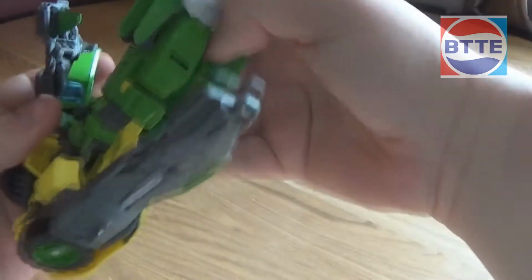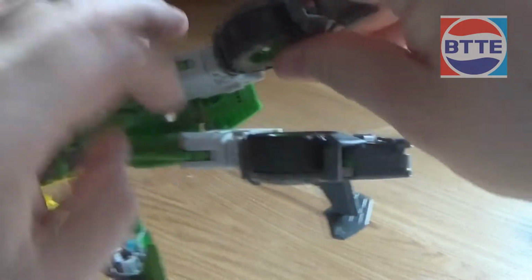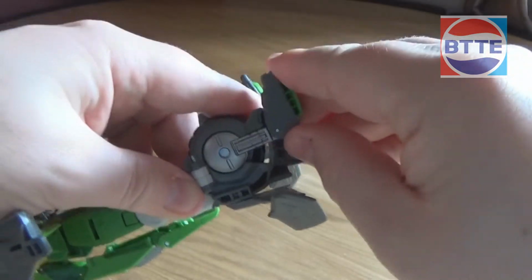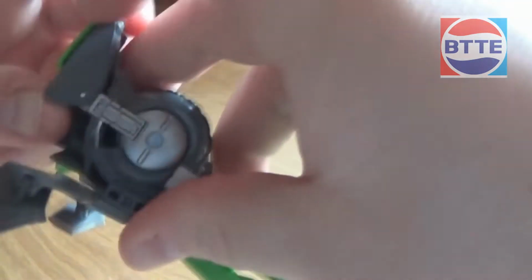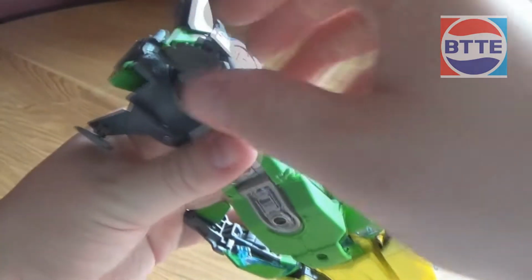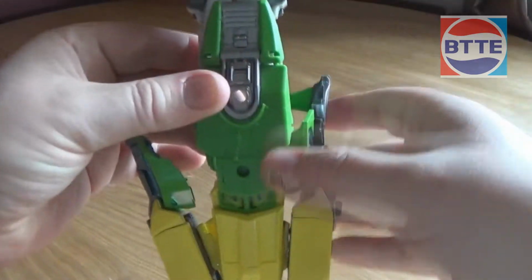So you just fold the legs and pull them out like so, and put those bits in like so, and fold the feet out. Now the feet are very clever because they're on sort of a double lever system there. So that goes like that, and then you put out his heel spur on the other side if you can. If I'm doing it with the wrong fingers, there you go. I'm a righty, so it doesn't always work out for me, but there you go. Cool. So you just keep them like that for now,